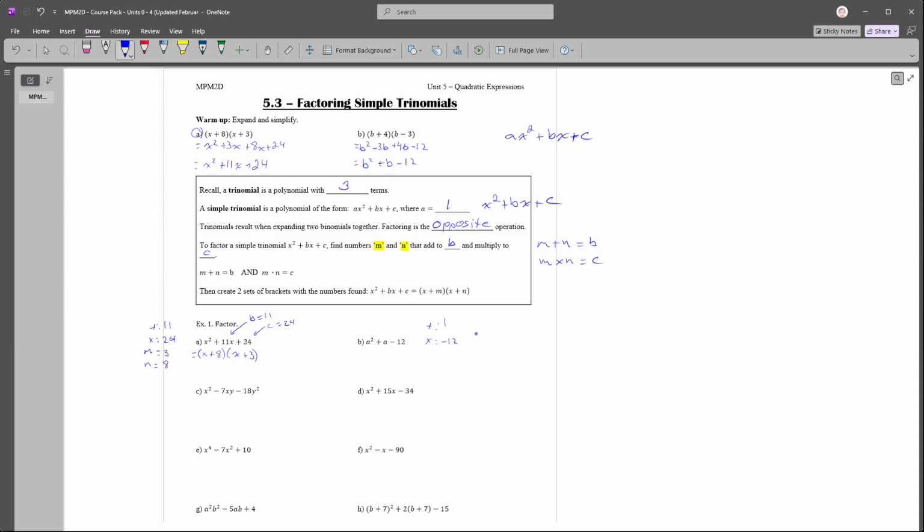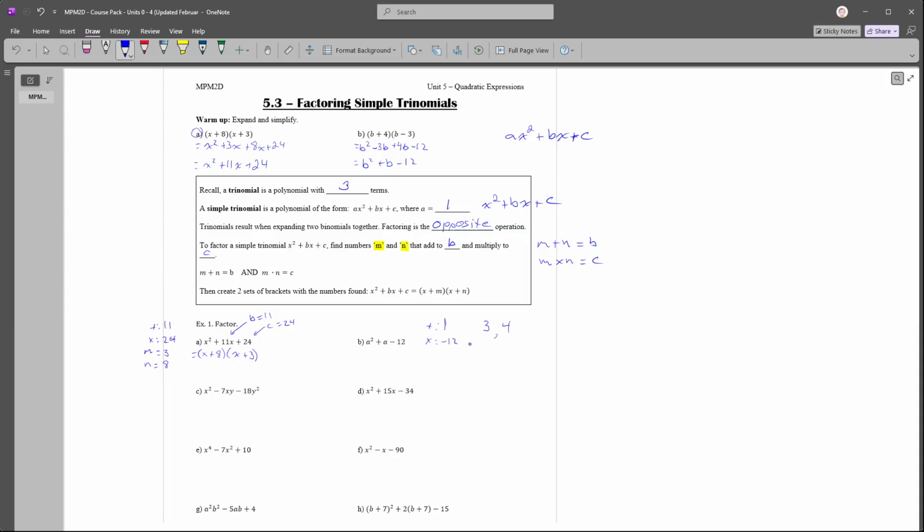So 1 and 12, or negative 1 and negative 12, those aren't going to work no matter what, because we're never going to get to a sum of 1 between the two values. What about 2 and 6? No, there's a difference of 4 there, so that's never going to work out. How about 3 and 4? There is a difference of 1 between 3 and 4, so that may actually work. So it needs to end up as a positive 1. So if I'm using 3 and 4,